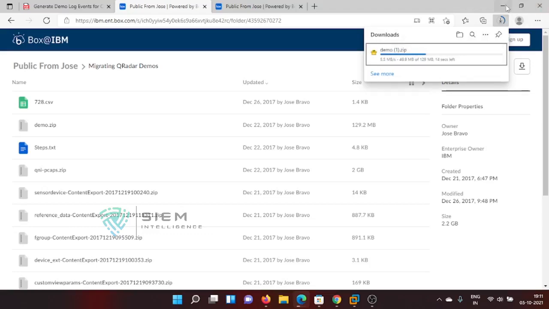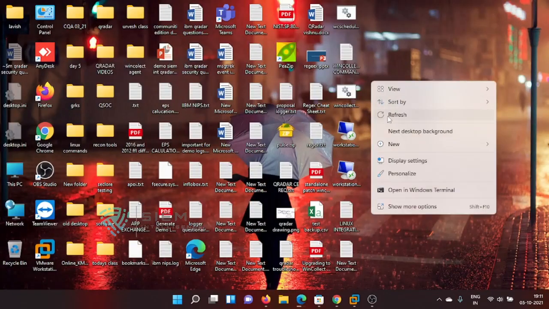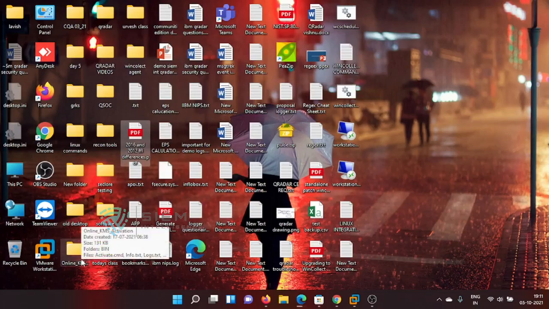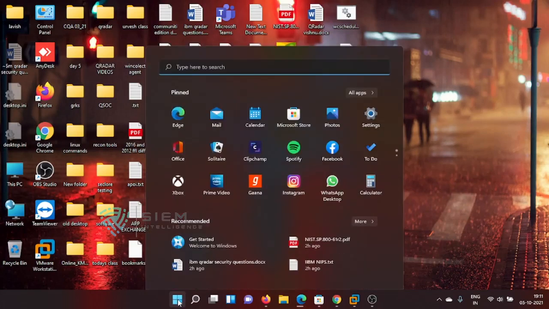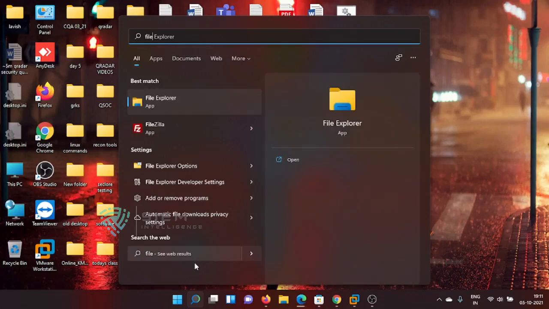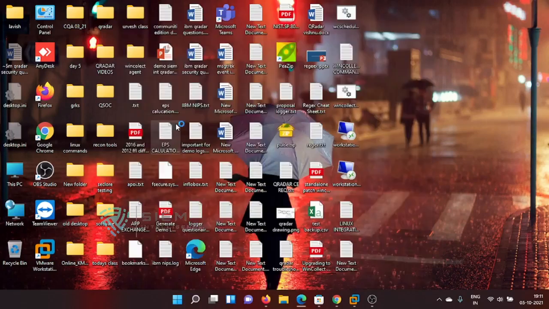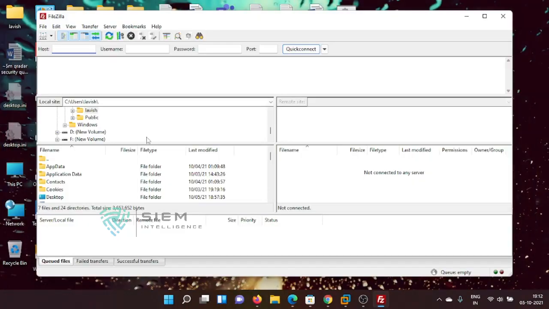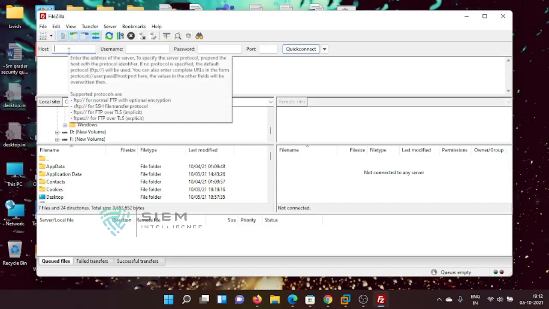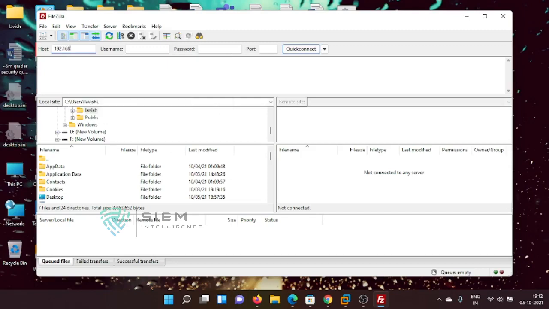After this is downloaded, you need to do some basic things. You open FileZilla in your system to upload your entire data, that particular demo.zip, to Curador. That is the easiest way to send it over in GUI mode. So I'm sending these logs to 195.128, user root, open world, port 22.